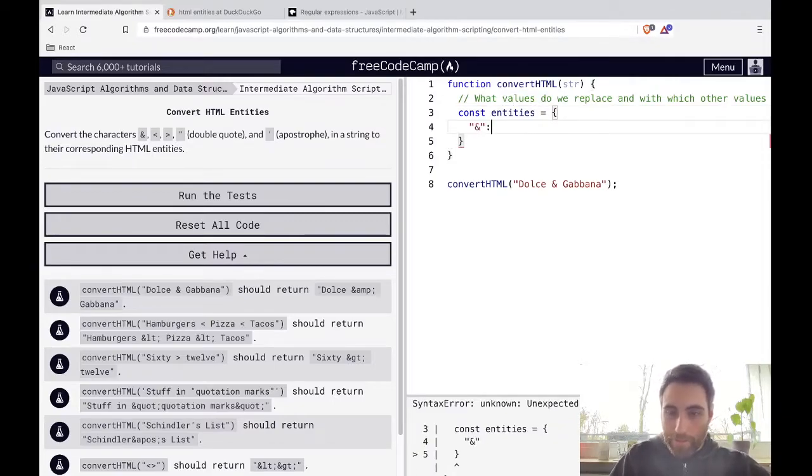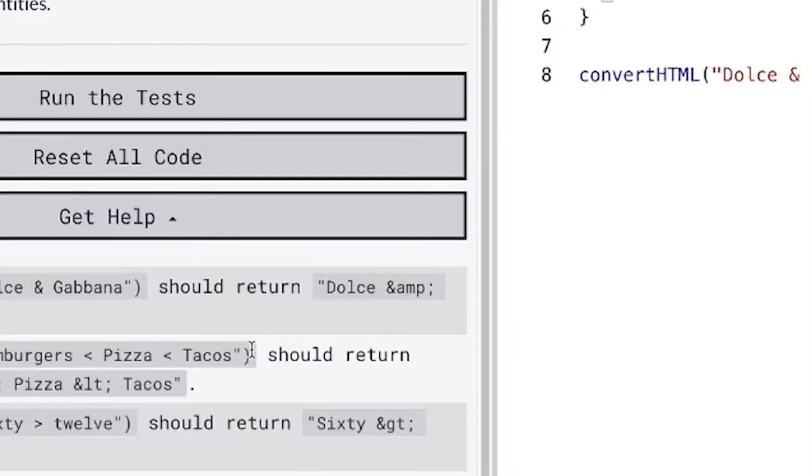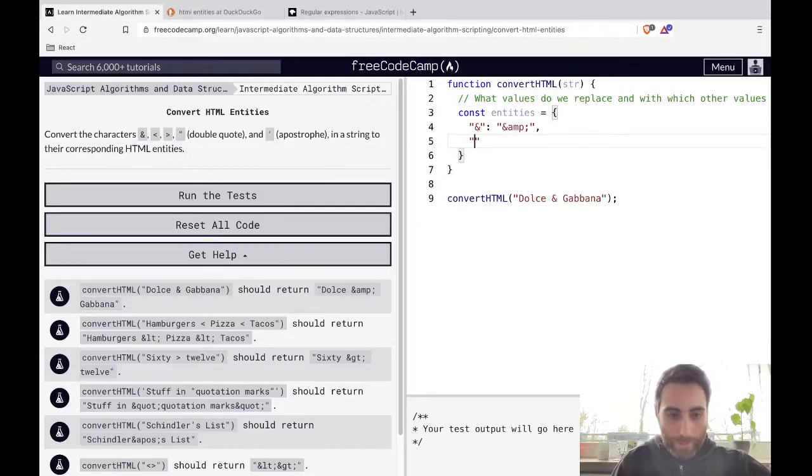So for every time we get an ampersand, we are gonna return ampersand AMP semicolon, like it says here. Then for what else do we have?